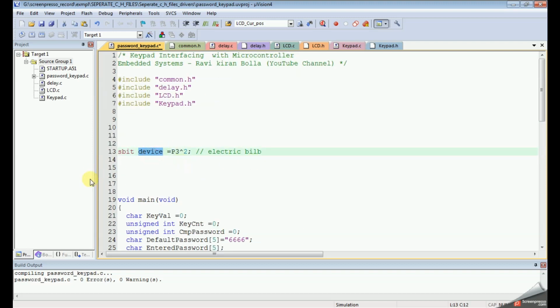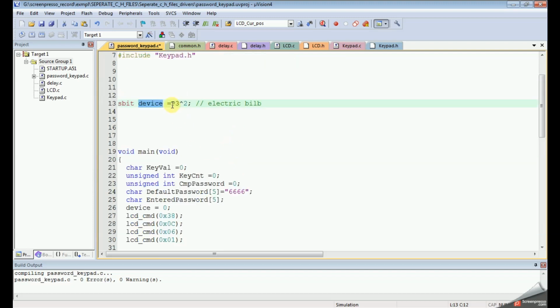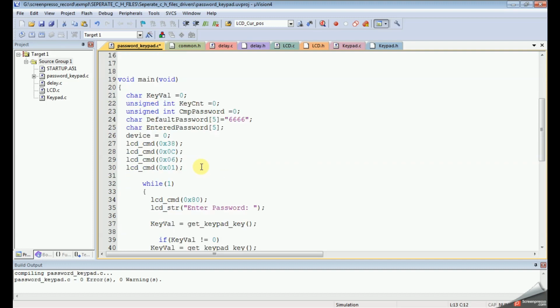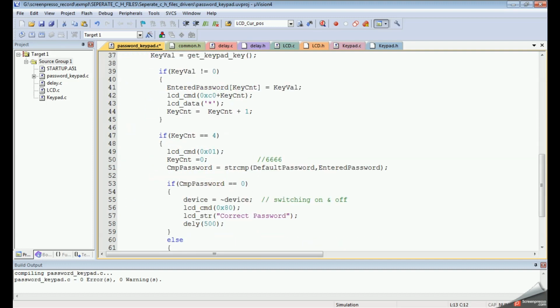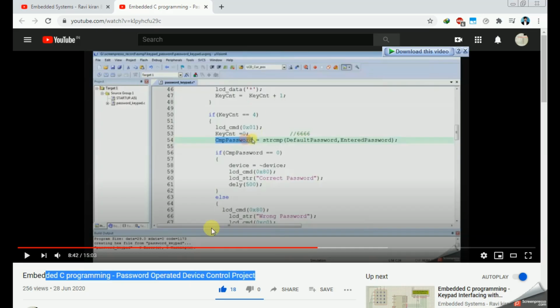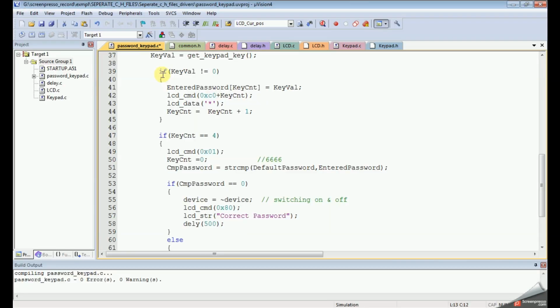This is relevant to the application, so I am keeping this here only. To switch a device on or off using a password, we made this software. This video was already discussed in my previous video, that is this one. So I'm just separating now. Now separation is done.